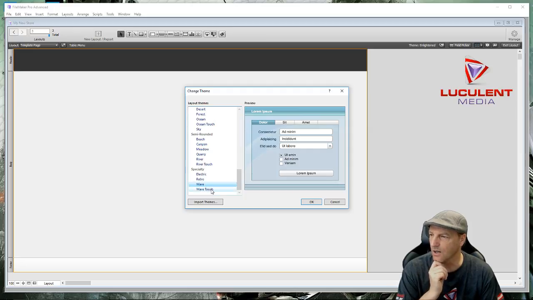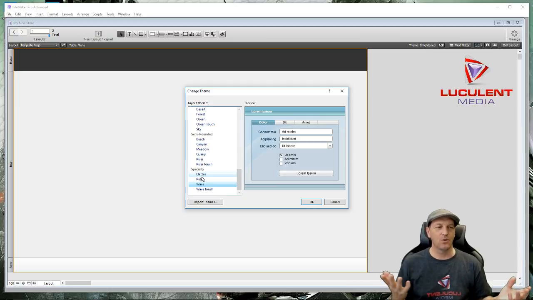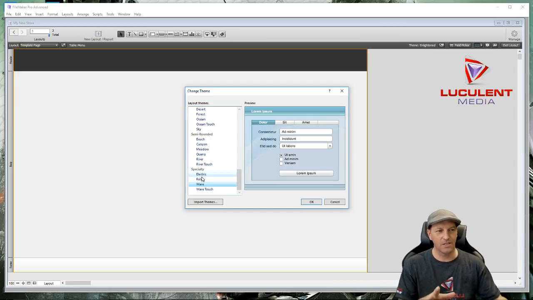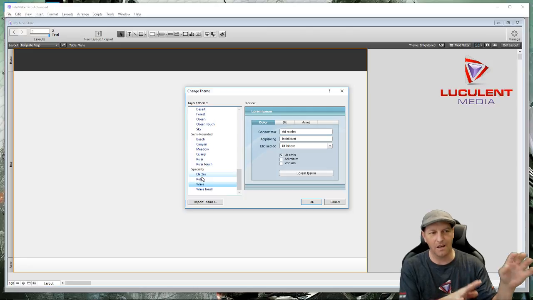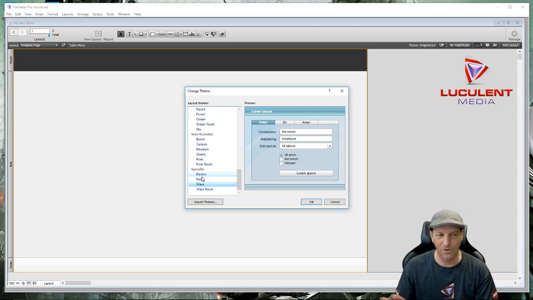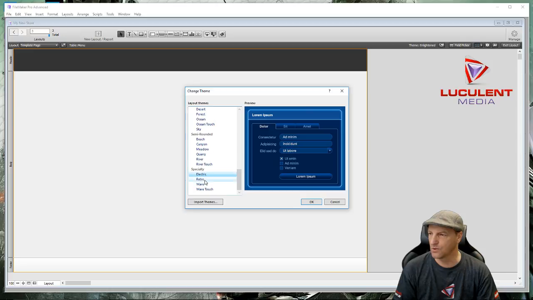And then there's wave and wave touch. It doesn't matter. You don't have to use the touch ones if you don't want to, even though you are going to be using a touch screen on the end thing. Don't worry about it. Just pick one that you like, okay? Pick one that works for you. I am going to use, I think,